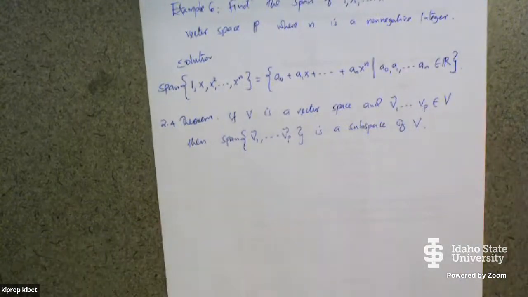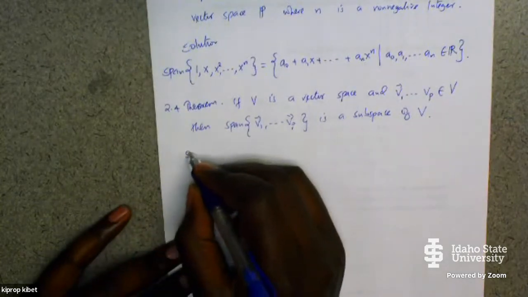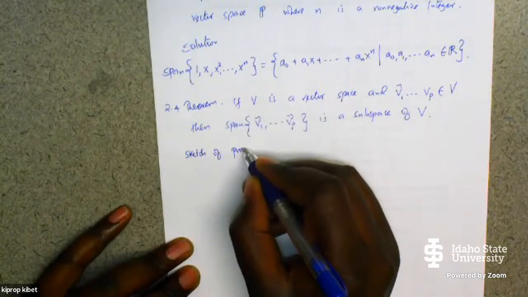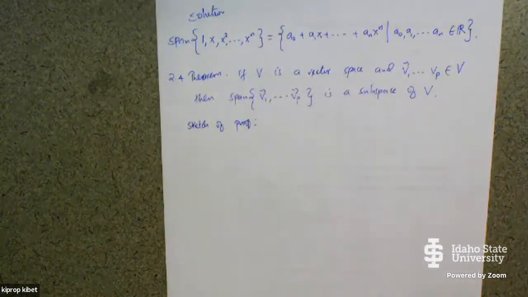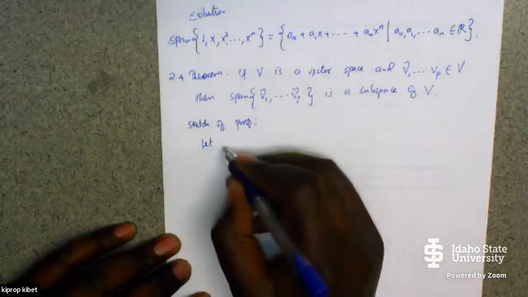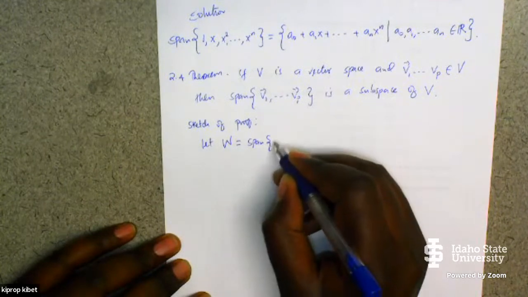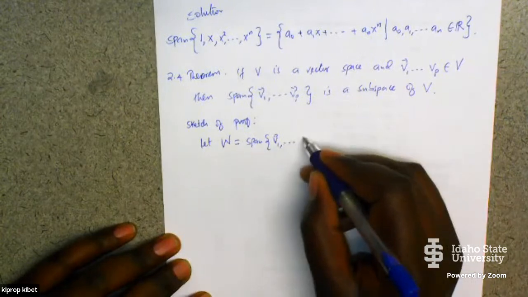Basically here you just use the subspace test. I can sketch the proof for you. Sketch of proof: in this case, you start with the zero vector. If we let W be the span of V1 all the way to Vp, and this W is a subspace, we want to check